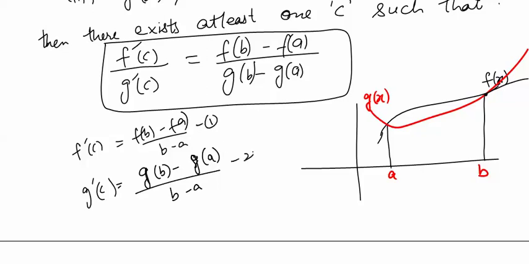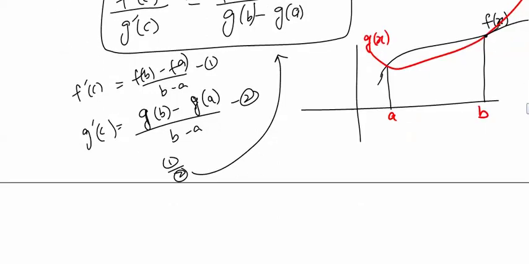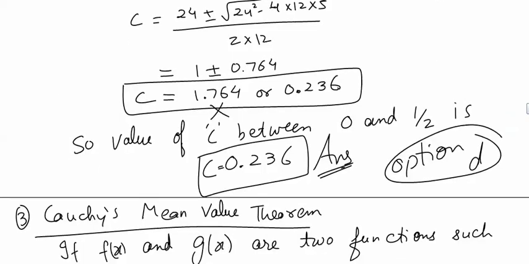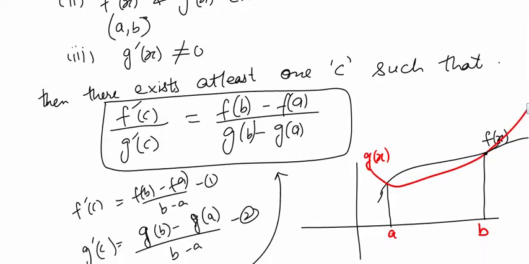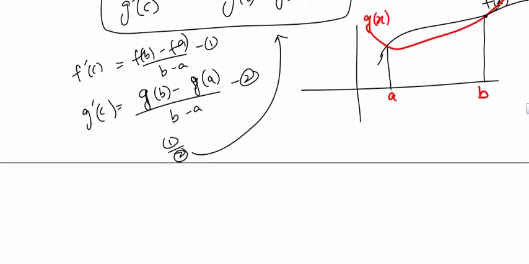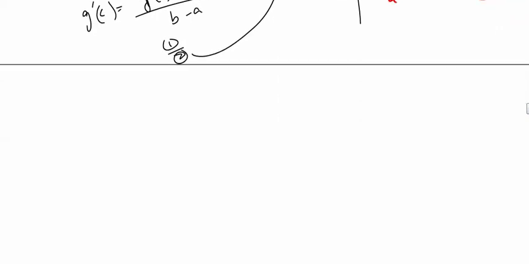So if I divide 1 by 2, you'll get this, isn't it? Very easy to prove also from Lagrange's mean value theorem only, right? So this is the third mean value theorem, that is called Cauchy mean value theorem, right? It's not very important from the exam point of view, but still we have to understand, because you never know, a question may be thrown on this particular fundamental also. Now let us talk about